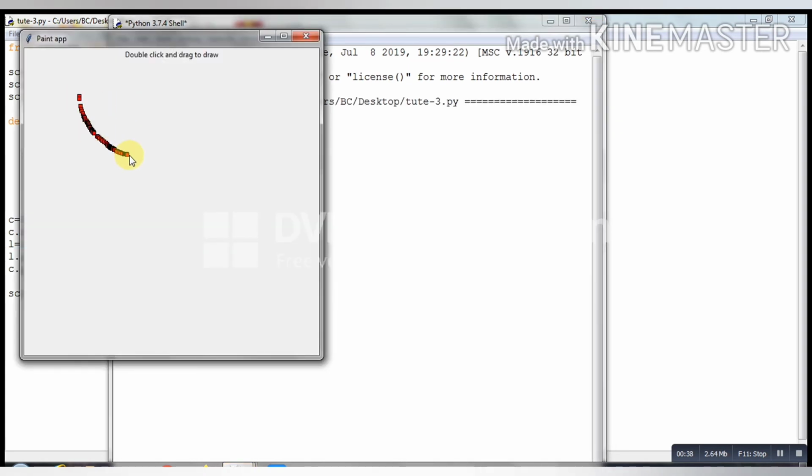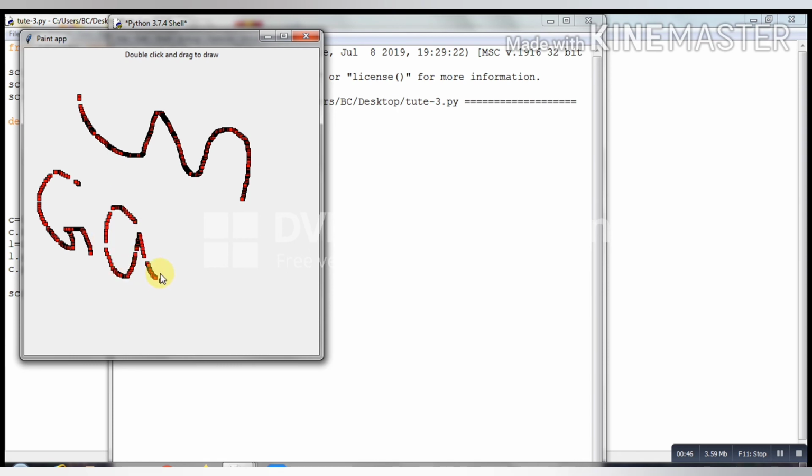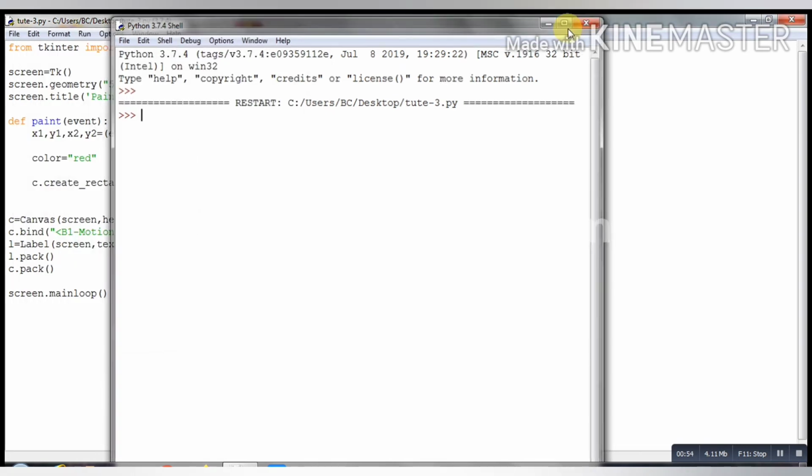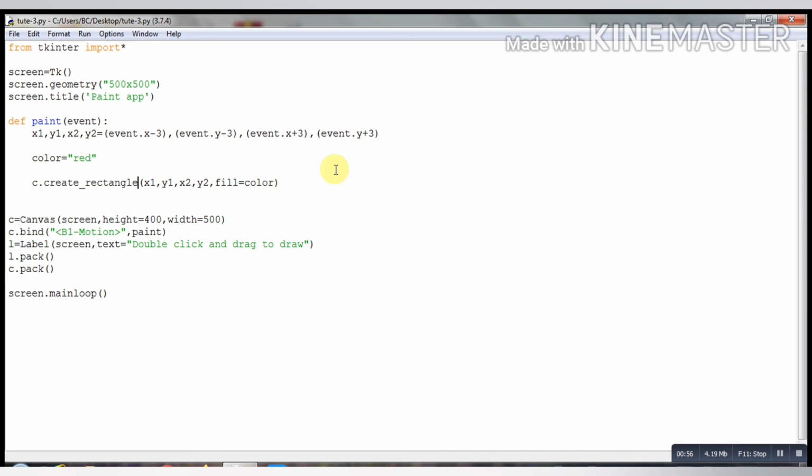As you can see guys, there are rectangles, it is made up of many several rectangles. In canvas you can also make shapes, so let's make a rectangle.